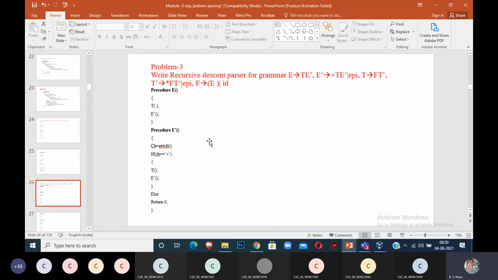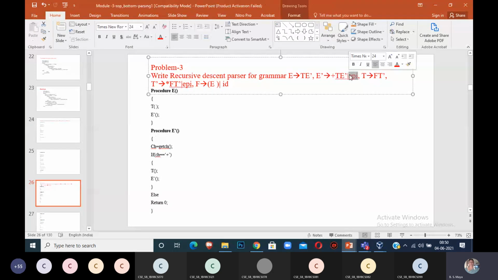Okay, let me go for the third one. You have to write a recursive descent parser for the grammar. Take down: E derives TE dash, comma, E dash derives plus TE dash or epsilon. So you can use the symbol epsilon.